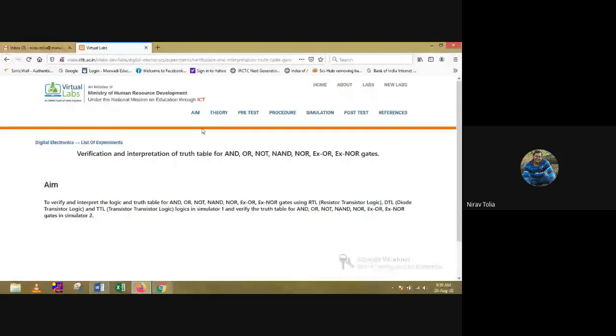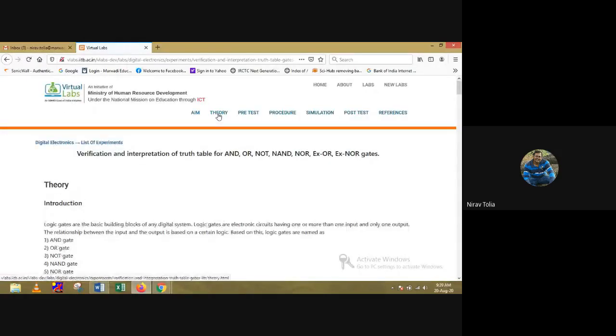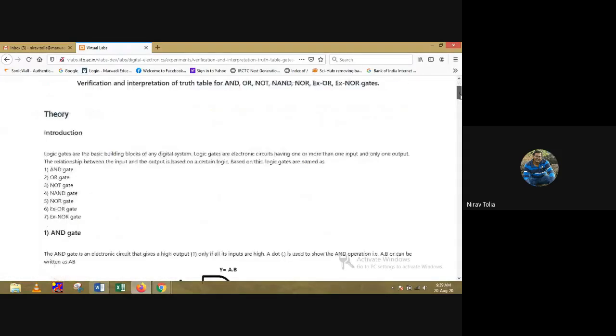Now come to the theory. This is the theory portion of the logic gates. They give the introduction also. So what is a logic gate? Logic gates are the basic building blocks